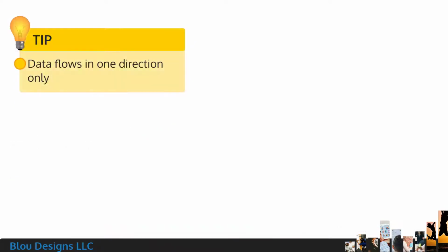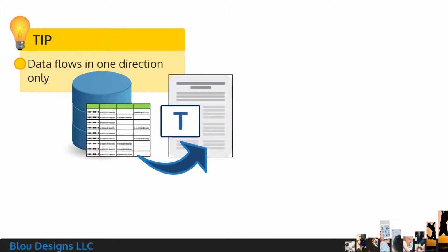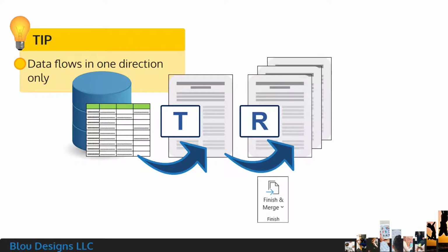And that should be a hint to you that your data flows in a single direction through these files. Starting from your former survey application, you export or download your data into your data source file. You then connect that data source to your mail merge template and select from it what columns you want to use for your review and how you want to display them. And once you're happy with the layout, you finish and merge your data into that template layout to create your review document.